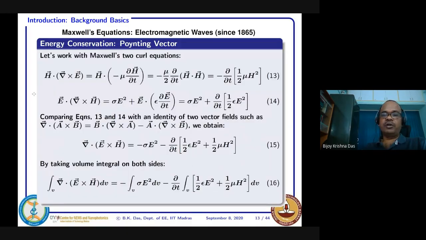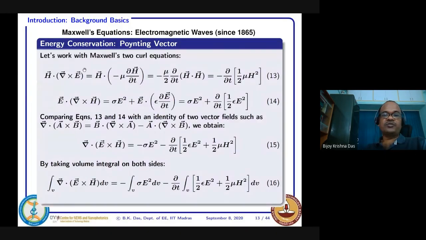And now we would like to show how energy is conserved in any electromagnetic wave propagation. That was first derived by Poynting, so it is called Poynting theorem. To understand the Poynting theorem, or to understand how energy is conserved in an electromagnetic wave propagation, we